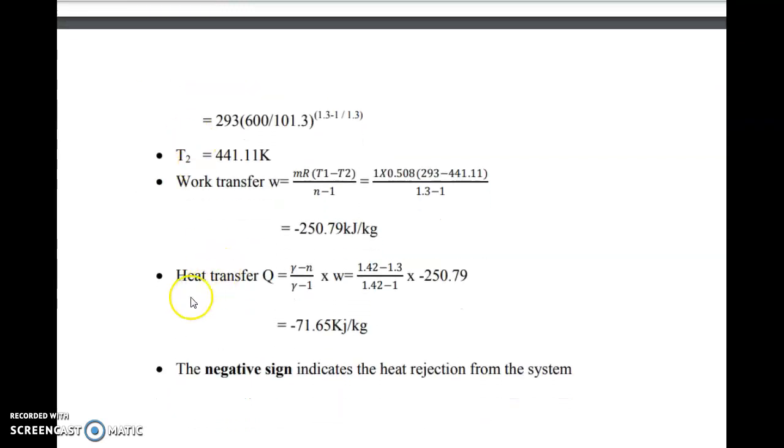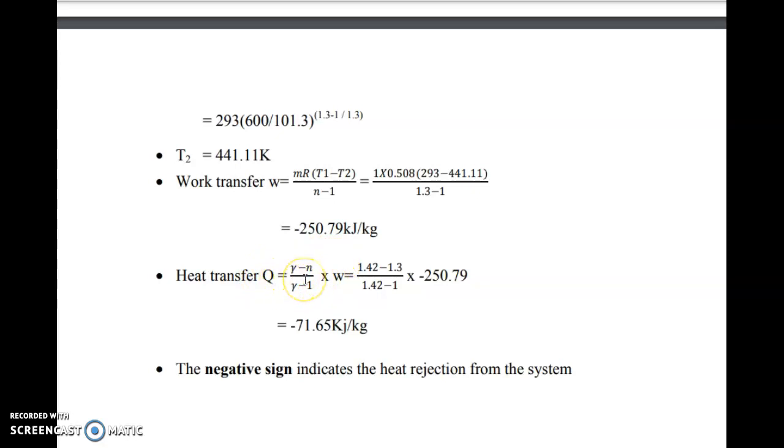For a polytropic process, this is the heat transfer formula: heat transfer Q equals (gamma minus n) divided by (gamma minus 1) into W, where Q is the heat transfer, gamma means adiabatic index, n means polytropic index, W means work transfer. Actually, it is a compression process, right? For compressing gas, we have to give work input. That work input is considered as work transfer. So heat transfer is a function of work transfer, the polytropic index and also the adiabatic index. If the work transfer increases, automatically the heat transfer also will increase. So if we know these values, gamma, n, W, then we can find out the heat transfer.